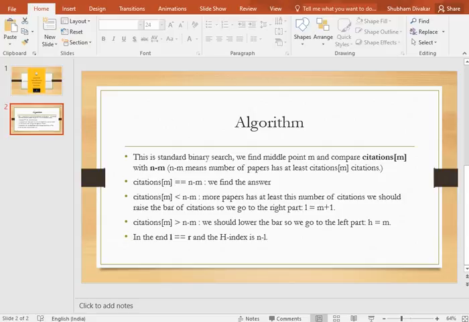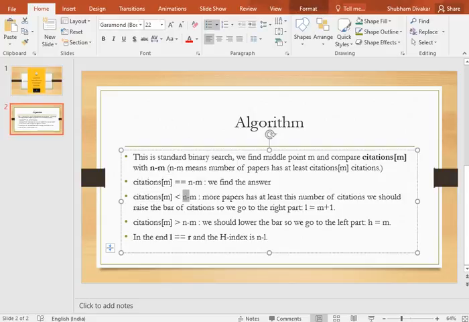Whenever the value is less than the value we are finding, we always move the L part. Since we are computing the middle point in M, we will move L to M plus 1. And if the current value is greater than our value, which means we do not need to check the last part, whereas we need to check the first part. So we will move the higher part, R, to M minus 1 in our case. And in the end we have to return n minus l, where n is the size of the array itself.